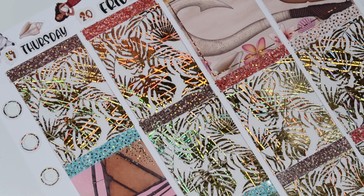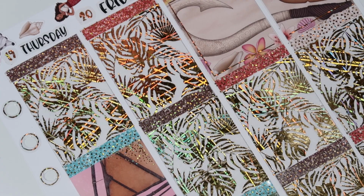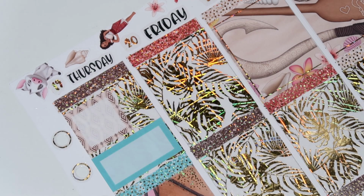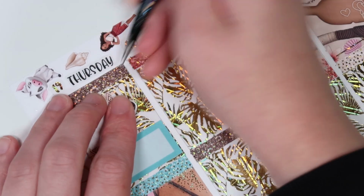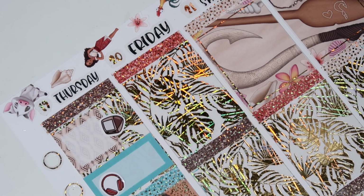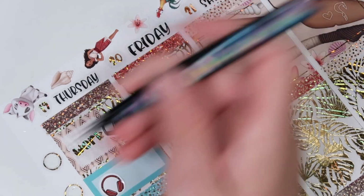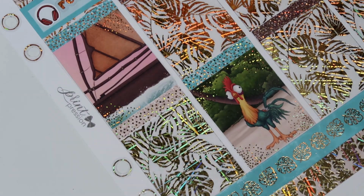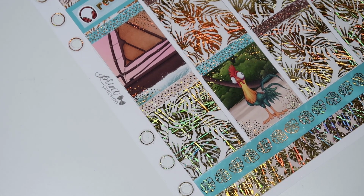Moving into the second portion of this spread, we will be grabbing this and a blue box. So for work, I'm gonna grab the retro computer, and then for reading, we'll grab the headphones because I was listening to audio. And I'm just gonna grab a work and a read script. Work and a read, just like that. Then down here at the bottom, like we're a little bit too zoomed in there. There we go. We're gonna mark filming,